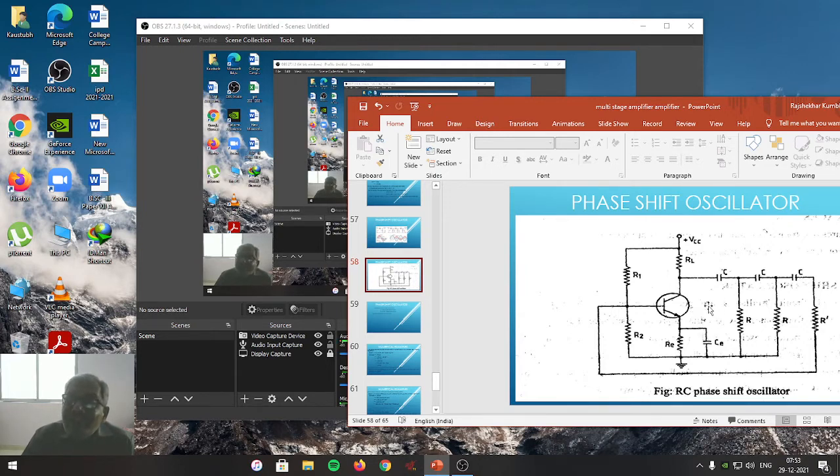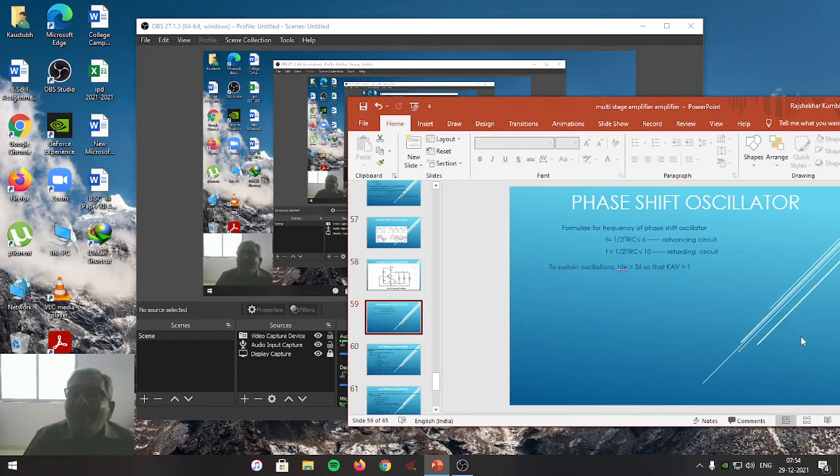Here, the frequency determining components are R and C used in the tank circuit. Friends, here R dash is equal to R minus HIE. HIE is the input impedance. It is feedback, so this HIE plus HIE cancel and simply R remains. They have all equal values of R and all equal values of C. This will determine the frequency of the phase shift oscillator. Let us see what happens to the second condition, that is, KAV should be greater than or equal to 1.